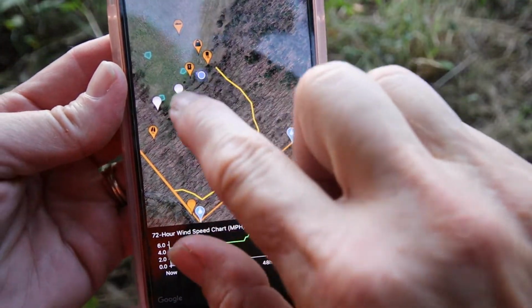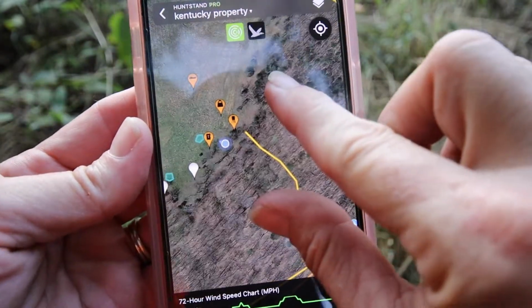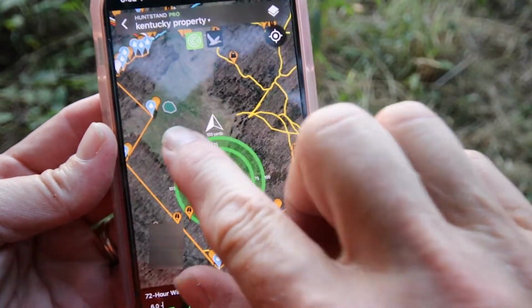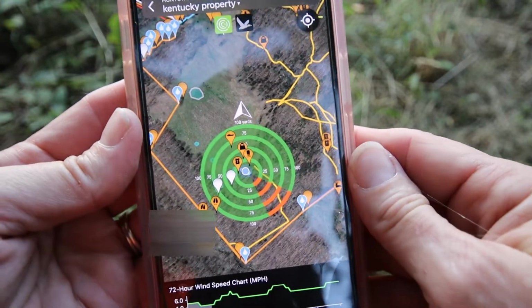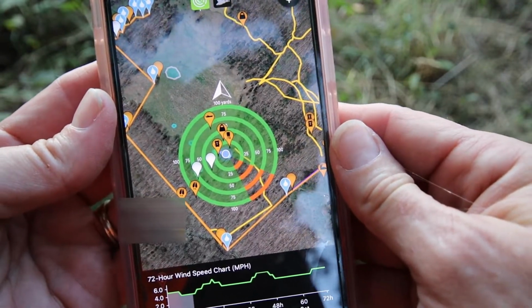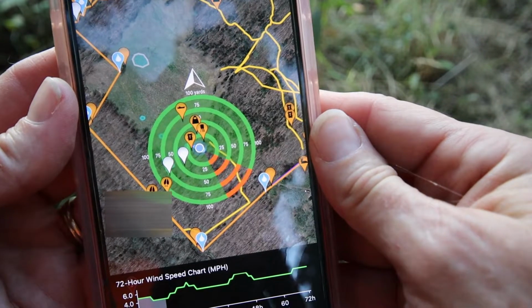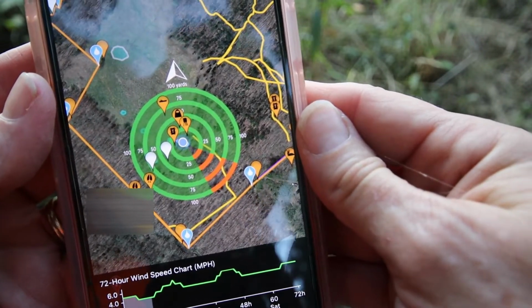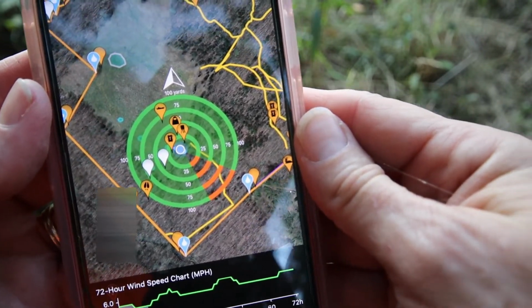Now this has a really cool feature that allows me to look at the way the wind changes. If I'm going to be sneaking up in the dark and I want to check my area that I'm walking, I can check that as well. Let me show you how it looks. So you can see my stand, I'm the blue dot, and I just click it and I can see my wind zone. So everything that is green is good, means that the deer cannot catch my scent,